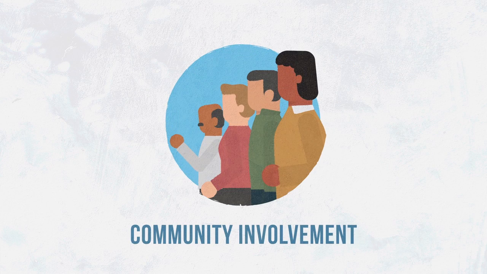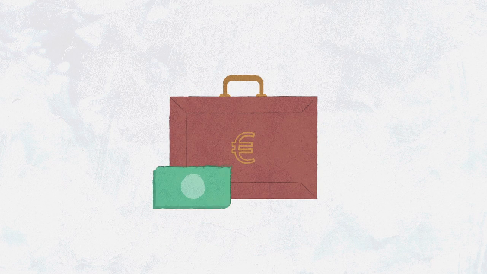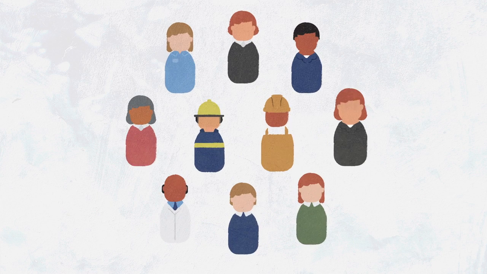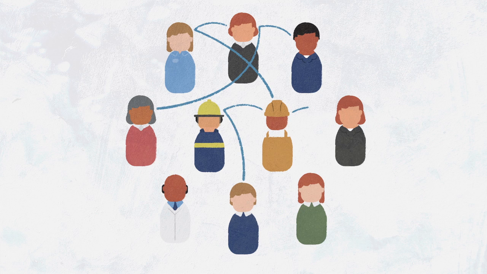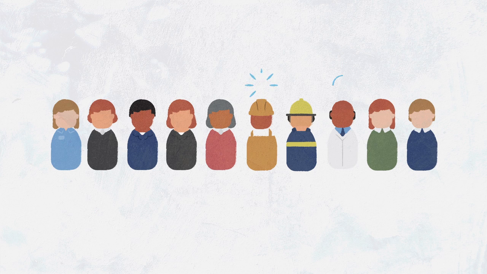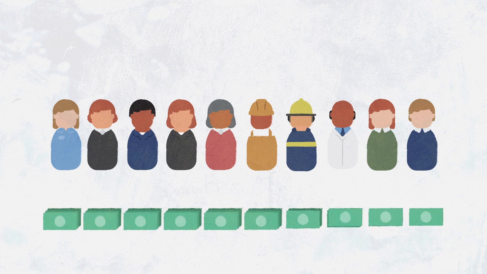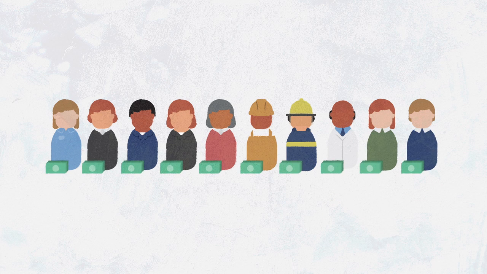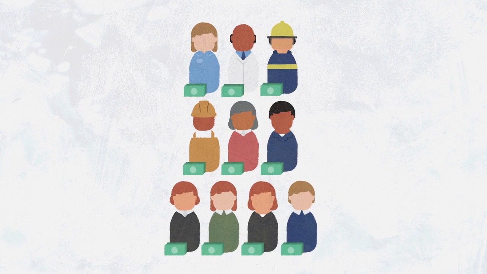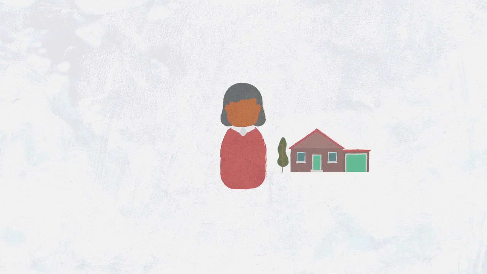Secondly, community involvement. Today, government can't afford to do everything. So the skills, resources, networks and knowledge of the community are increasingly important. The community can help assess and manage its own risks. Recognize everyone's abilities. Make sure that resources are distributed fairly, so everyone has a part to play, from individual citizen